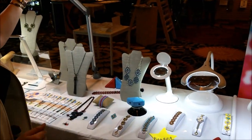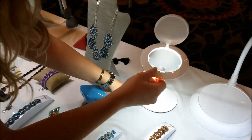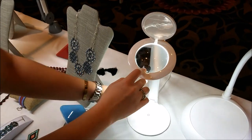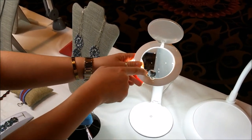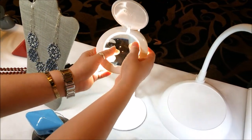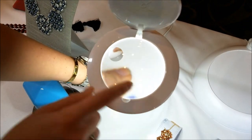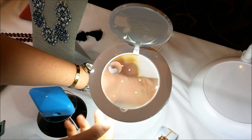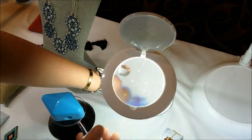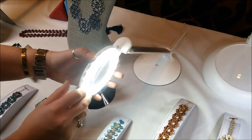Moving on to our magnifiers. This guy here is our Halo. It's got a 2.25 times magnifier with a little insert of 5 times magnification. This plastic lens also rotates, so you're able to point the magnification where you need it. 3 different brightness settings, and it also rotates. So if you wanted to use it primarily as a light, you can, or you can flip